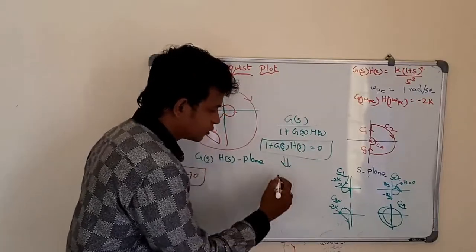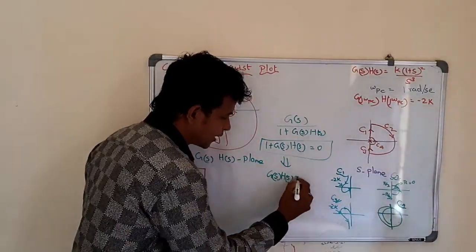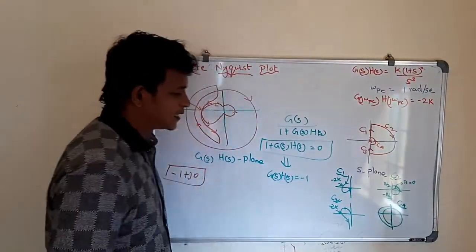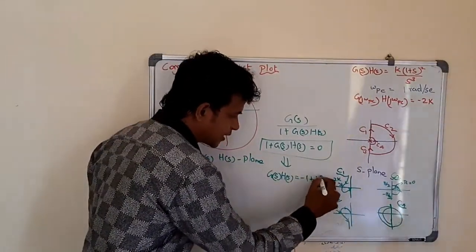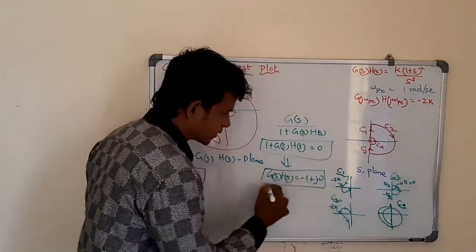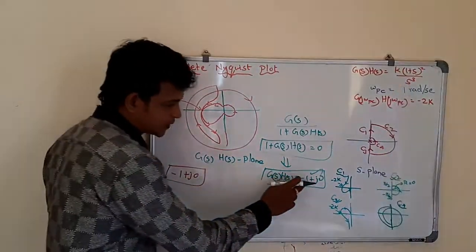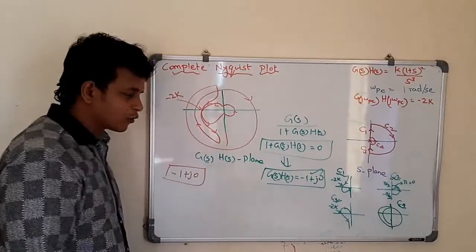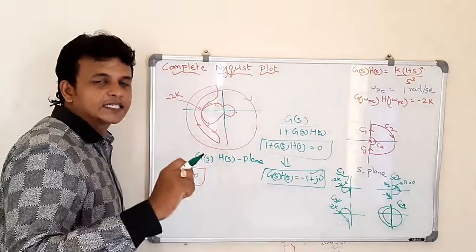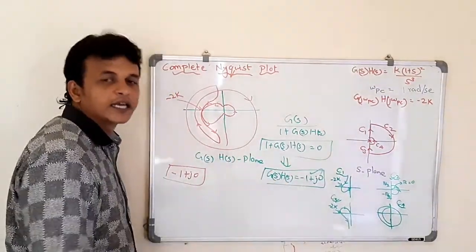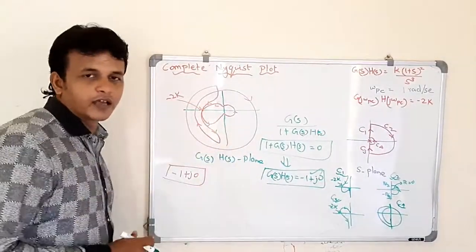Because we are mapping the Nyquist plot in the GH plane, we keep G(s)H(s) on the left-hand side and take the remaining terms to the right-hand side, getting G(s)H(s) equal to minus 1, which has only a real term. Combining with the imaginary term, we write G(s)H(s) equal to minus 1 plus j0, a point in the GH plane, equivalent to the characteristic equation of the closed loop transfer function. So we consider minus 1 plus j0 as a standard point. If there is any encirclement around this point in clockwise direction, the system is unstable. If the encirclements are in anti-clockwise direction, the system is stable.